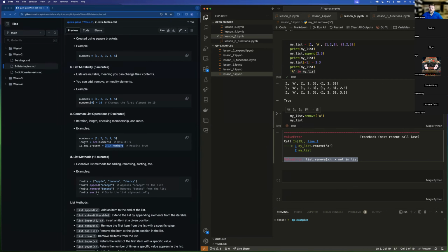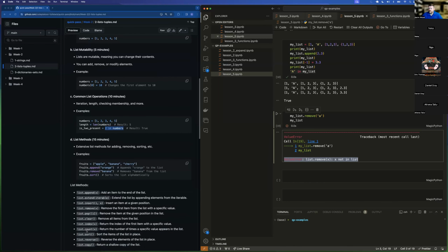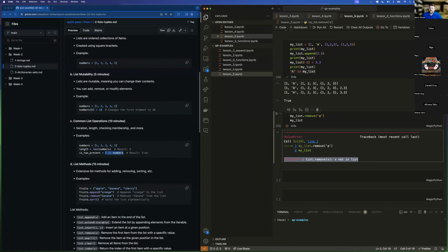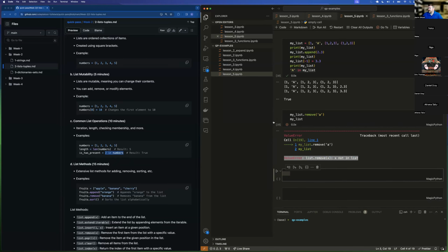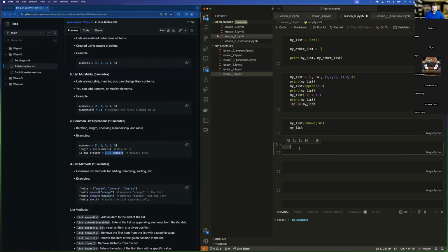The next method we have here is sort. I think we kind of go over it here. So I'm already covering some of the ones we're going to talk about. And for this one, I'm going to go ahead and clear all the outputs. I'm going to make a new list here. So let's do